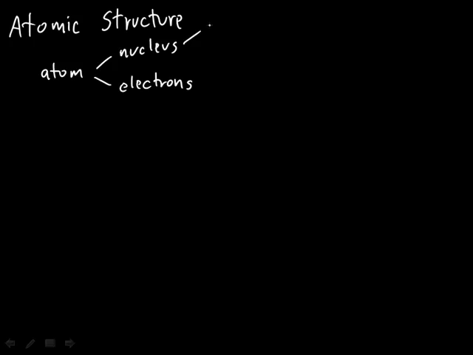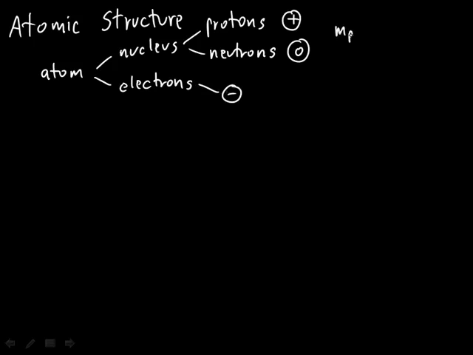And each nucleus in turn contains protons, which have positive charge, and neutrons, which don't have any charge. Electrons, on the other hand, have negative charge. In terms of masses, the mass of a proton is roughly equal to the mass of a neutron, but it's much bigger than the mass of an electron, about 1800 times heavier, which practically means that all of the mass of an atom is concentrated in its nucleus, and all of its positive charge. All of its negative charge is in